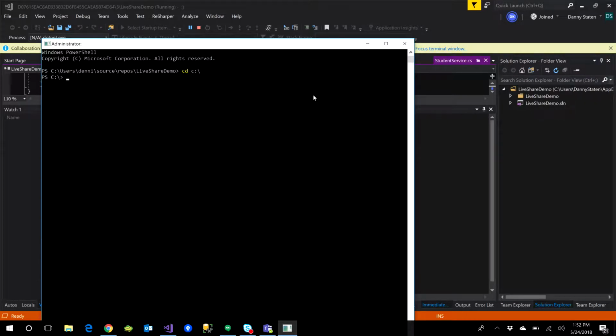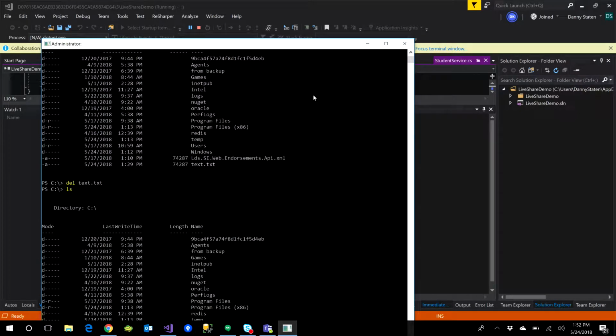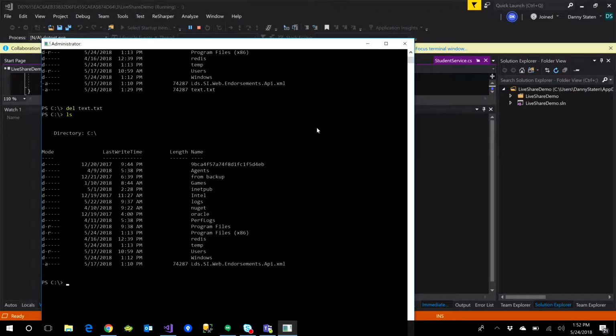And just for fun, I'm going to, what was that file called we wanted? Format my hard drive. I just deleted a file in the C drive. So that's admin rights. I don't know if that's because I'm running Visual Studio as administrator. I haven't really tested that yet, but the word for the wise is don't share read-write unless you really trust the person.